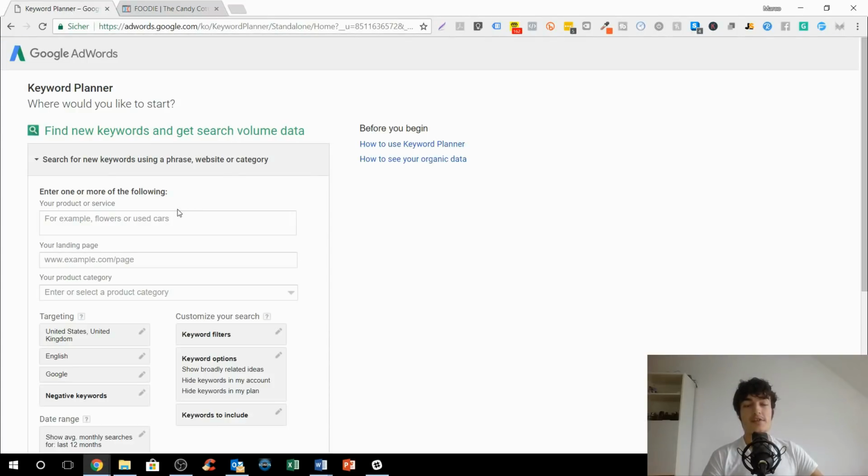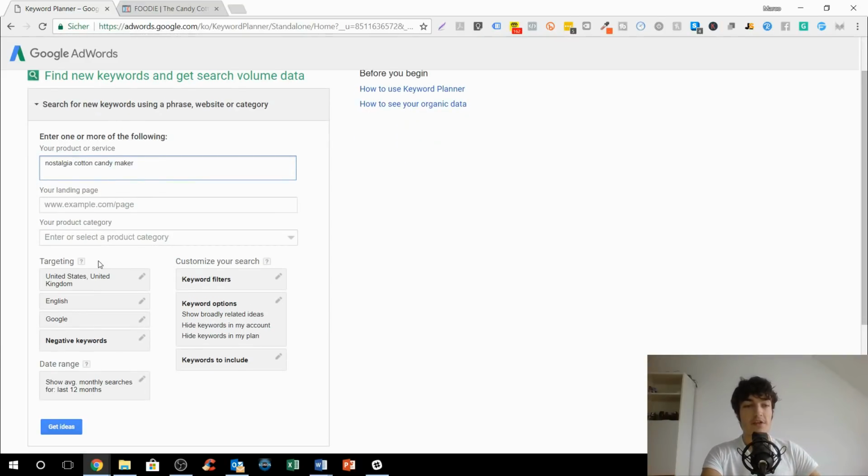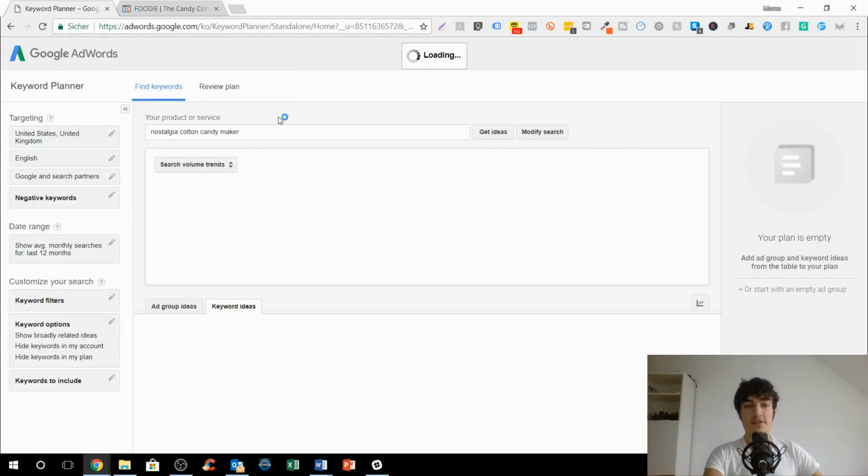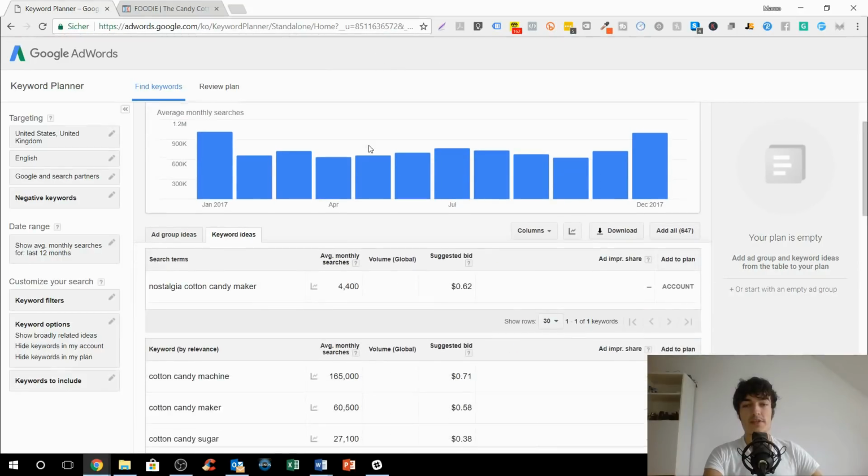So what I will be doing here is I go into my Google AdWords Keyword Planner, which is a free tool, and the more you spend, the more accurate the forecast of this planner gets. And we will just enter our main keyword, which is cotton candy maker, or probably even nostalgia cotton candy maker. We will be looking for searches in the United States and the United Kingdom, and we will only look at searches in English. And I want to use Google Search and search partners, because this essentially gives us more traffic, and we made pretty good experiences with search partners, even though they're always a little worse than Google itself. So let's just hit get ideas,